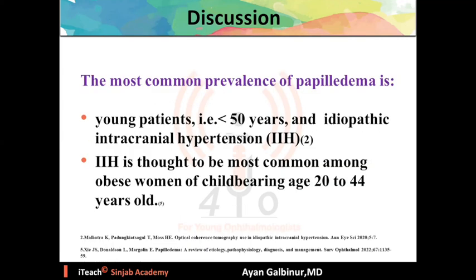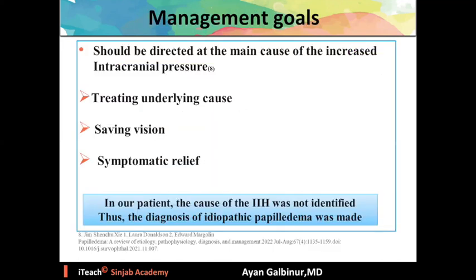So the most common prevalence of papilledema is in young patients, especially age less than 50 years old, and idiopathic intracranial hypertension. Idiopathic intracranial hypertension is thought to be most common among obese women of childbearing age, 20 to 44 years old. So management goals should be directed at the main cause of the increased intracranial pressure, treating the underlying cause,